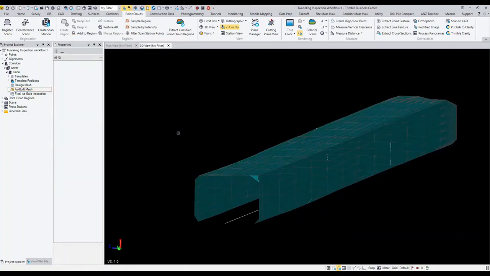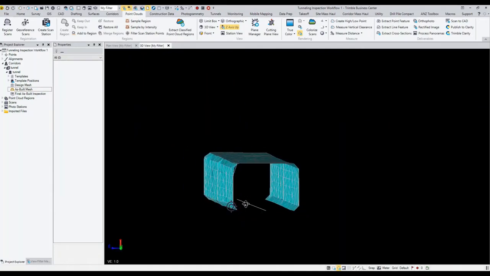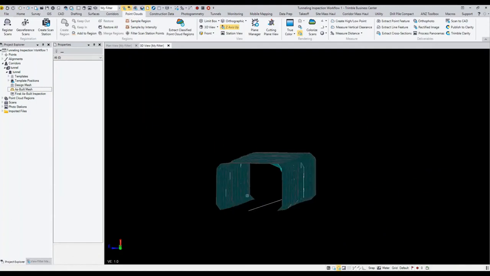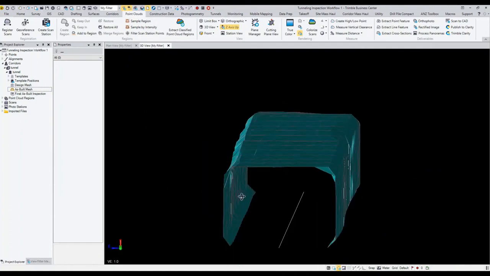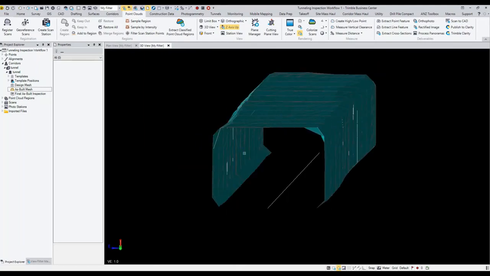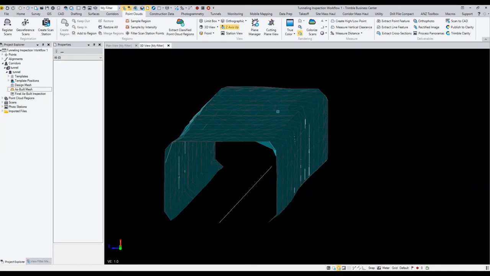So in this situation, it was a more NATM design tunnel, drill and blast. So typically our design file is not going to have that floor attached to it. And so what we can do is come in and say that it is an open as-built mesh file and quickly change that. And that'll make things a little bit more accurate as we're trying to compare the as-built mesh